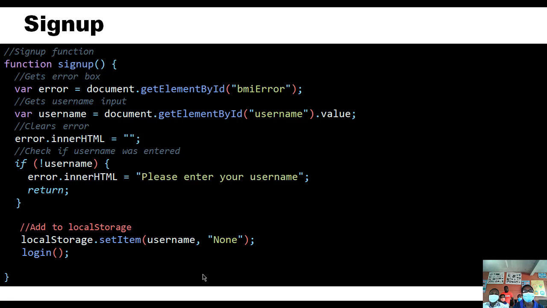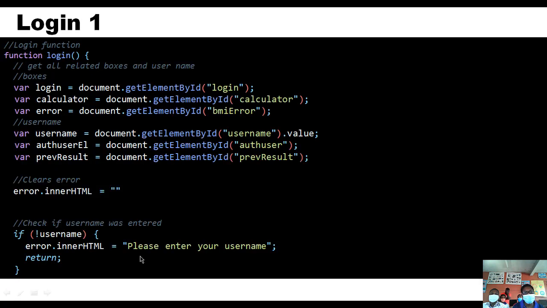This is the sign up. And in the sign up, we also have the error box, which gets the error, and the username value, which means the name that you've typed there. And also this if command is there to show you that if your username is not entered, it will tell you please enter your username, and it will return. And this setItem will add your username to the local storage, and the login function will run. So this is the first